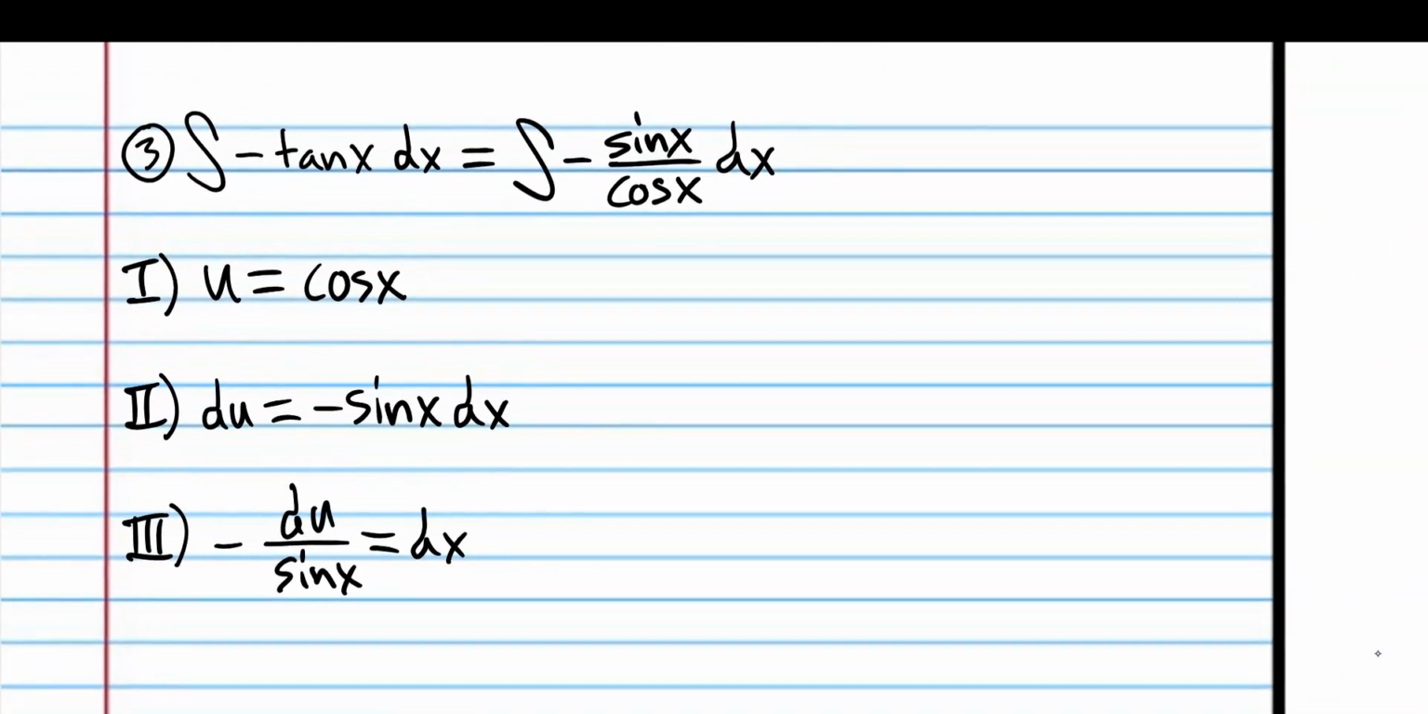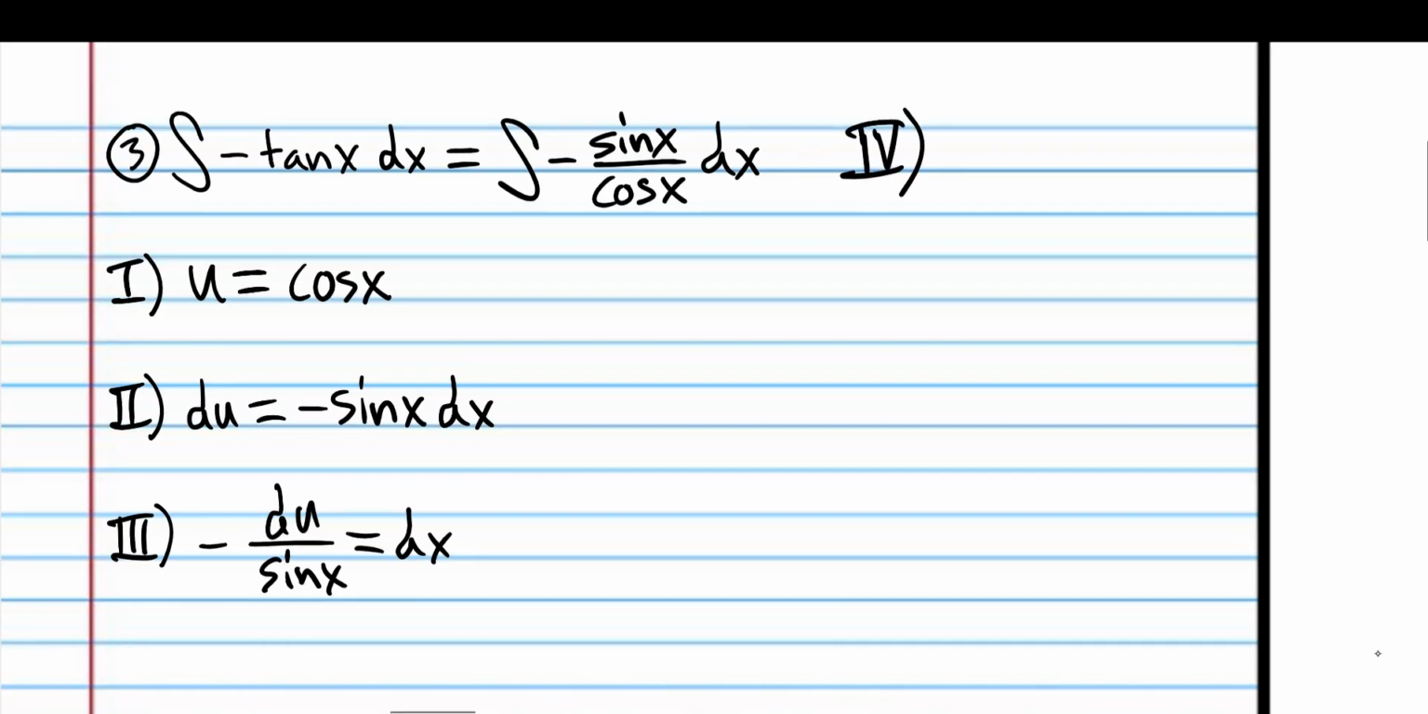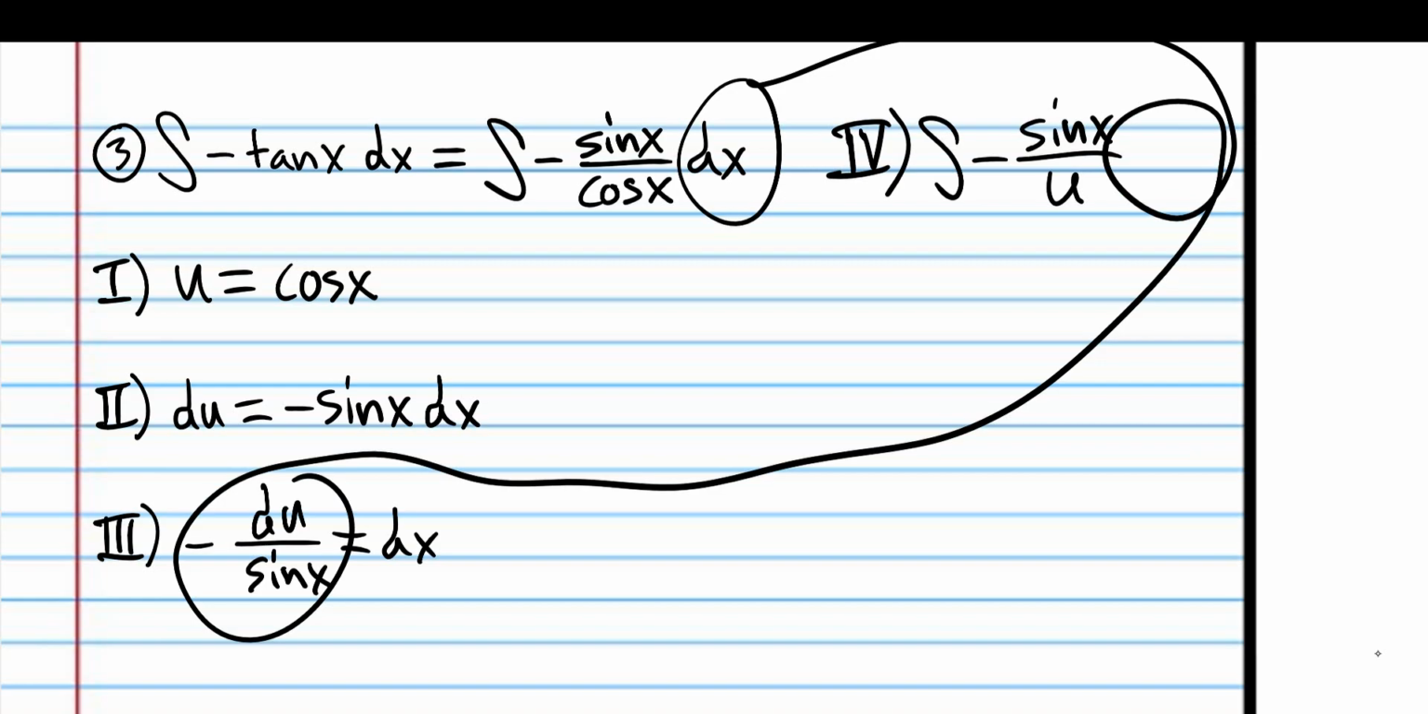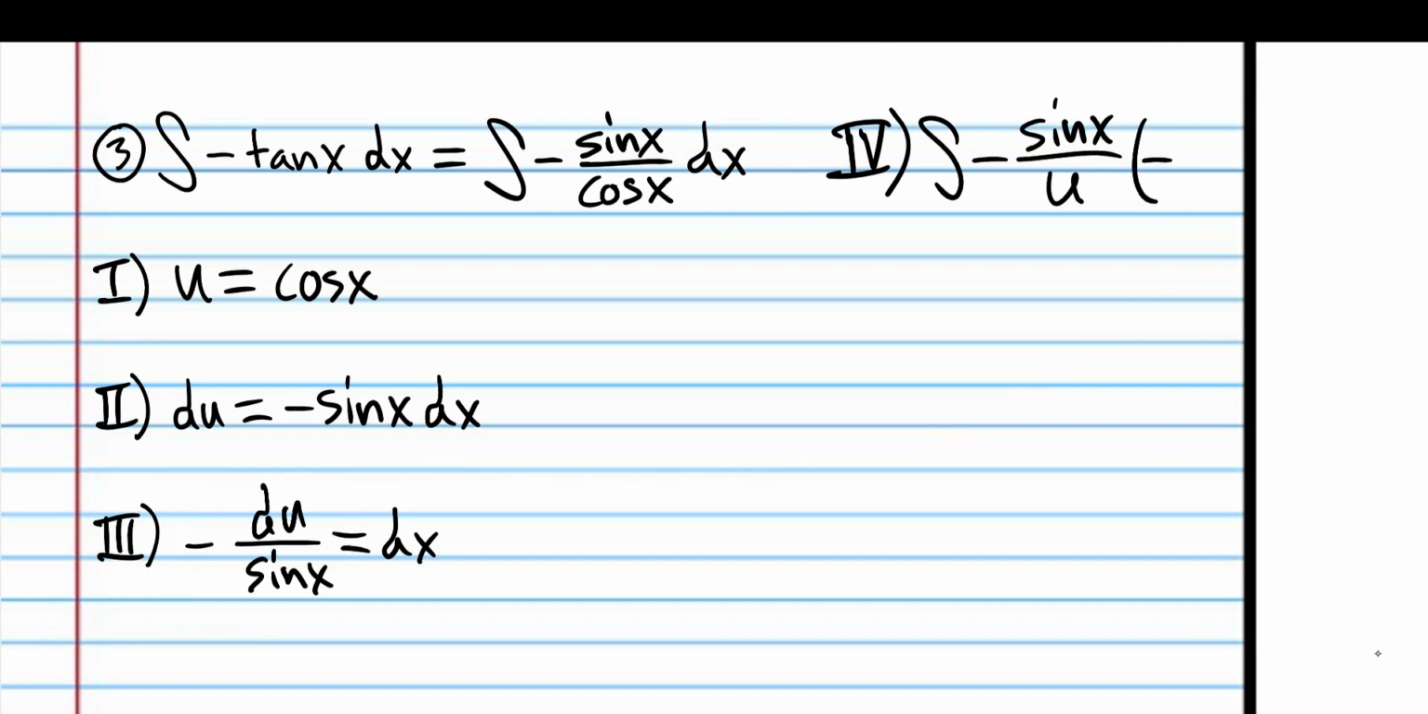Solving for dx, the ornament, in the third step. In the fourth step, we're going to rewrite the integral, but instead of cosine x, we're going to write u, and we're just going to keep that sine x for now, and instead of dx, we're going to write what we found dx to be down here,